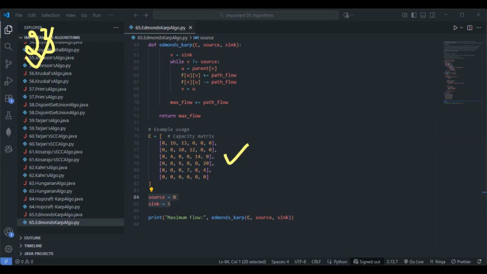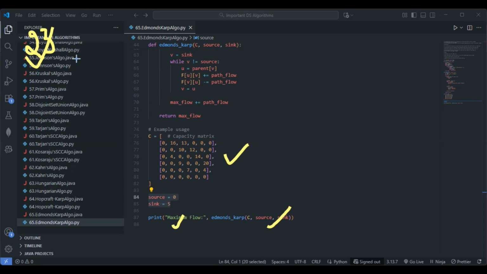First, let me tell you one thing. We are just printing this. We are going with a print for interactive purposes right here. We are calling Edmonds-Karp along with a source as well as the sink. So the output that we need to get here is 23. Why? Let me explain. Just listen to this carefully. So basically, the algorithm